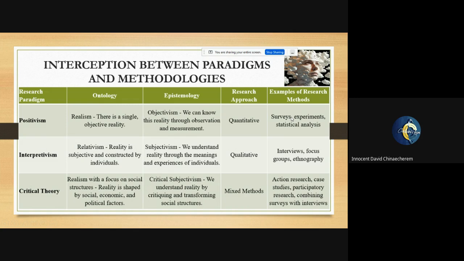The only way you can make your judgment from a positivist standpoint is based on statistical analysis, right? It's all about numbers, all about numerical strength, all about anything that deals with statistical data and numbers. Now, for interpretivism,